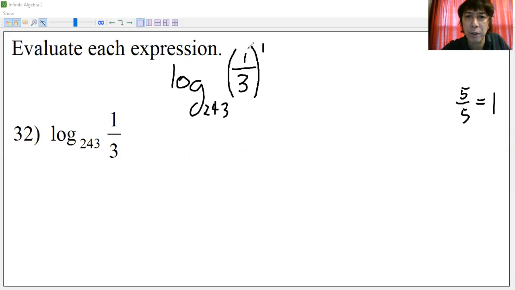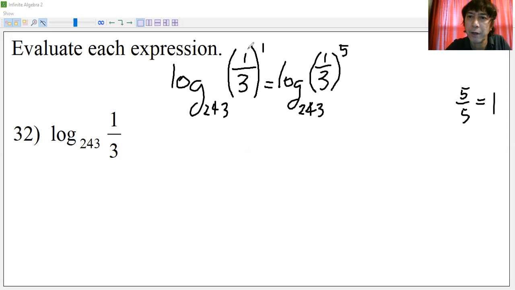All right, so we can continue this like logarithm base 243, and then we shall replace that 1 by a 5 over 5. We have there 1/3, and here is the 5 over 5 there. Okay, for the next line, we shall raise the numbers inside by the law of exponents. We can write that 1 to the 5 and 3 to the 5, okay? And we shall write this way.